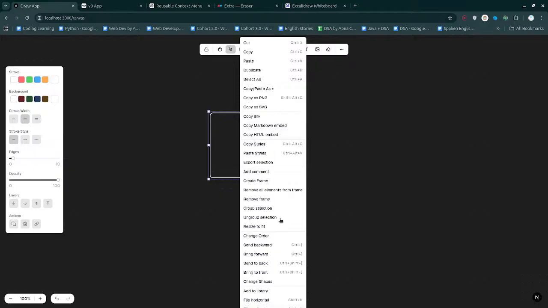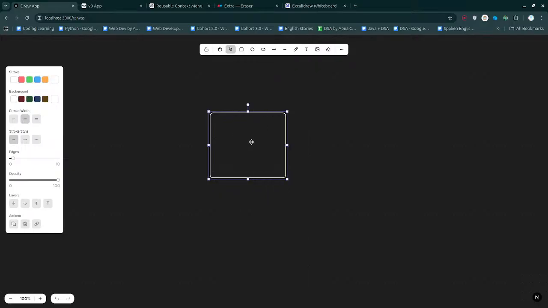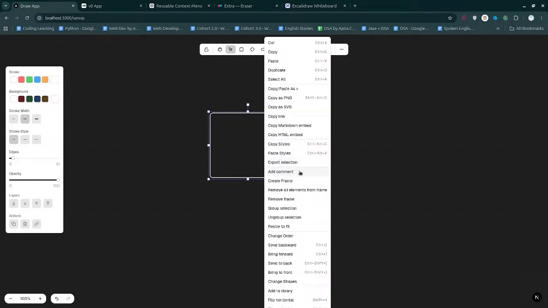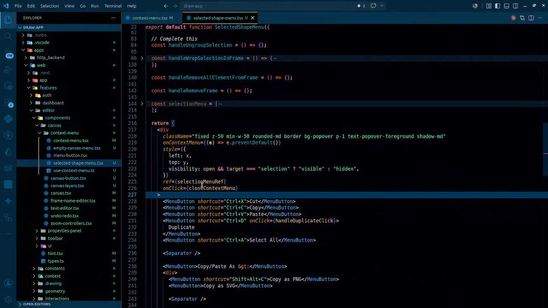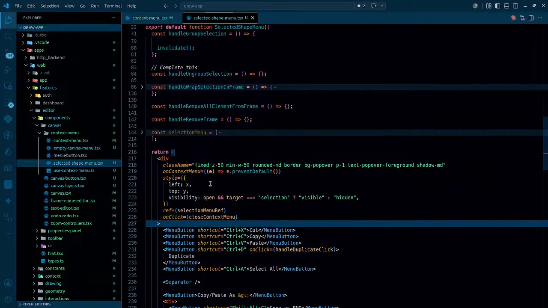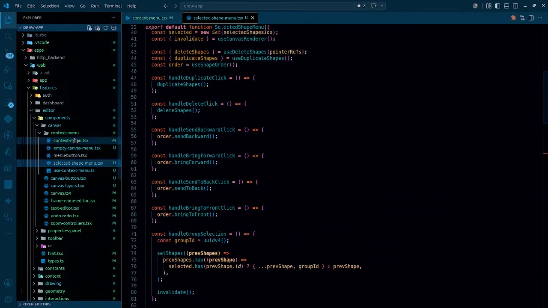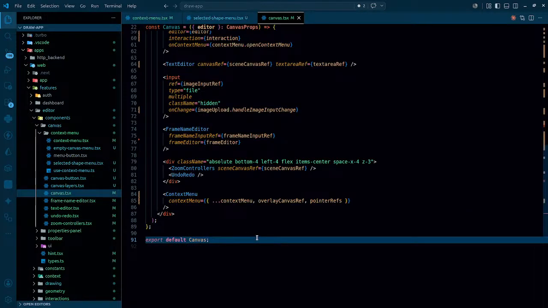So in our case, this is how it looks. If we click in there, it actually closes, so it doesn't matter where we click, it simply closes, and that is good, that should be done. If we click out, that closes as well. And now what is happening over here is that we are closing it whenever the pointer down happens. So if I go to the context canvas,